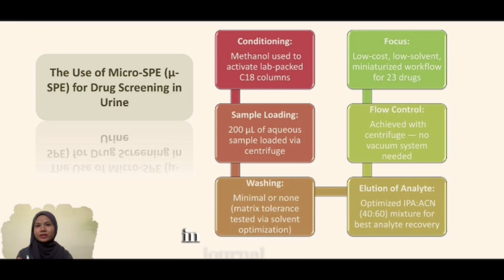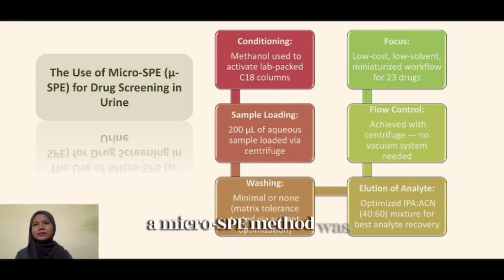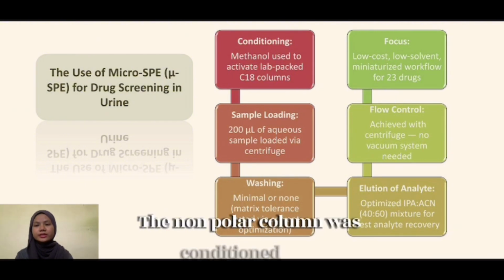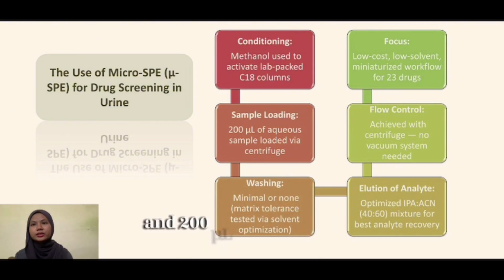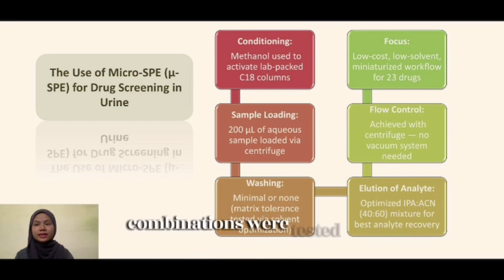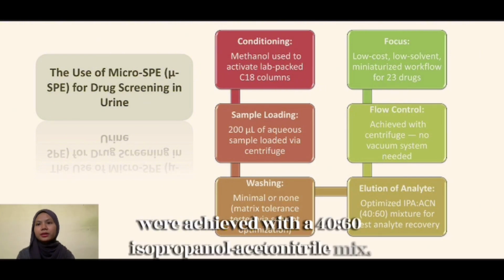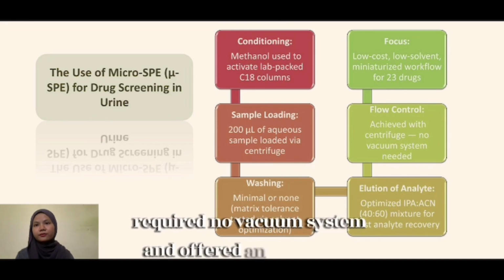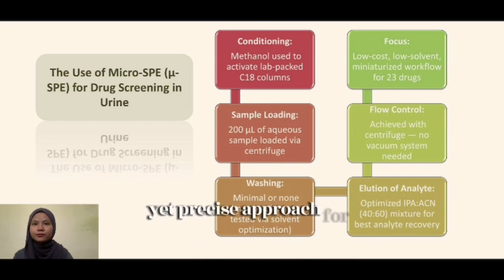Last but not least, in Journal 3, a micro SPE method was developed using in-lab-packed C18 cartridges. The non-polar column was conditioned first with methanol, and 200 microliters of sample was loaded via centrifugation to allow controlled flow. A variety of solvent combinations were tested for elution, and the best results were achieved with a 40-60 isopropanol-acetonitrile mix. This simple miniaturized method required no vacuum system and offered an affordable yet precise approach for multi-drug screening